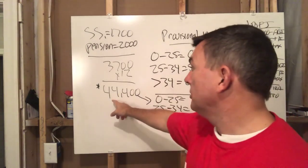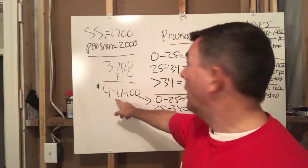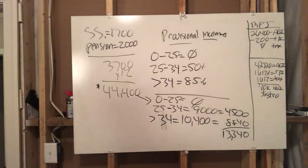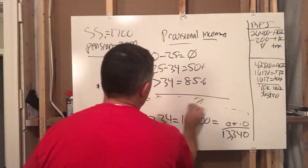So now we got provisional income of 44,400. Oops, I got to change this around. I was going to show you. So what we got to do here